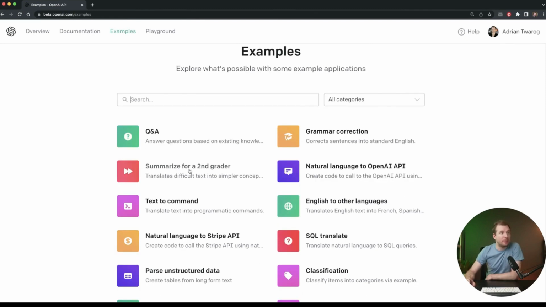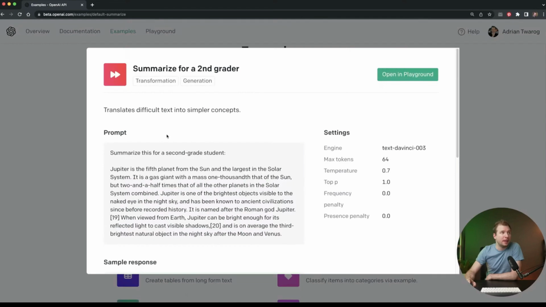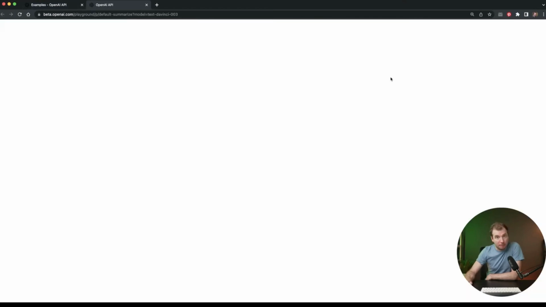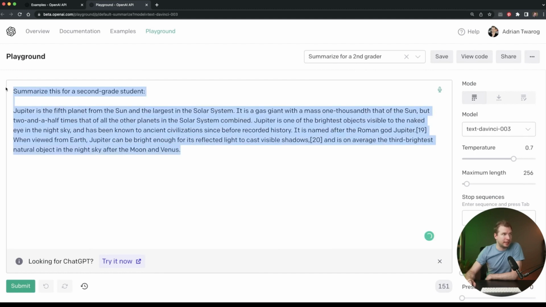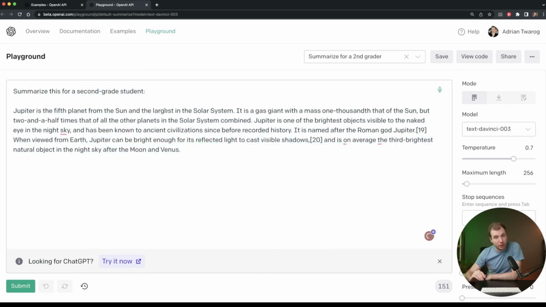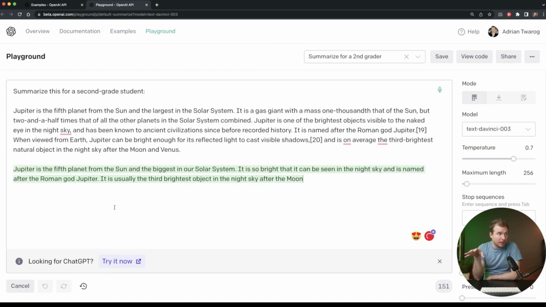I'm going to start off with this summarization for a second grader, and this will open up in the playground environment. This playground, you'll notice, is all text-based, but the difference here in terms of ChatGPT as well as this playground is the fact that it is all in one big text box. You ask your question here and ChatGPT 3, or at least Text DaVinci 003, will give you a response. I've clicked submit so that you guys can have a look, and it comes out with the summary here for